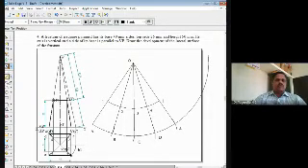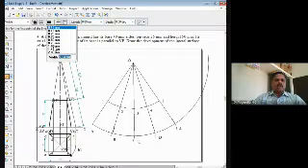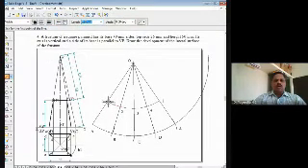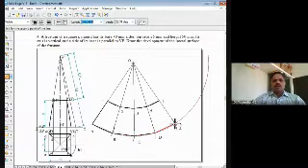So these 1, 2, 3, 4, I can join with a thick line now because I know that they are visible edges. So I'll join 1 to 2, 2 to 3, 3 to 4, 4 to 1 back. Here also I'll join 1 to A, A to B, B to C, C to D, D to A again with a thick line. Likewise, these visible edges will be marked as thick lines. Visible edges we have marked.